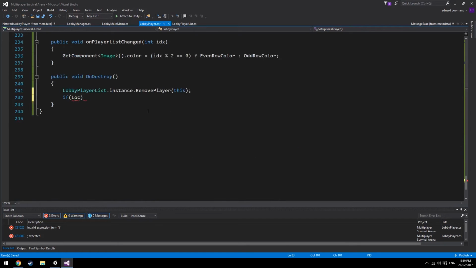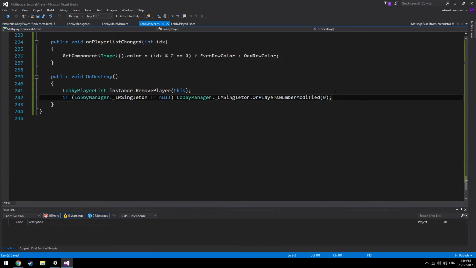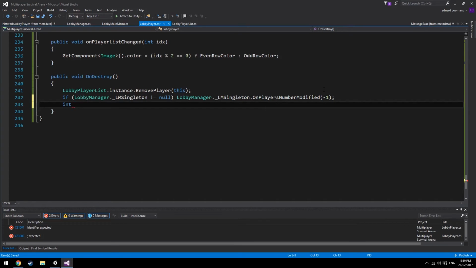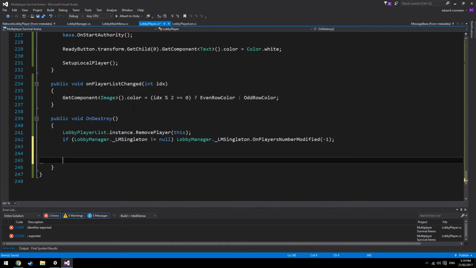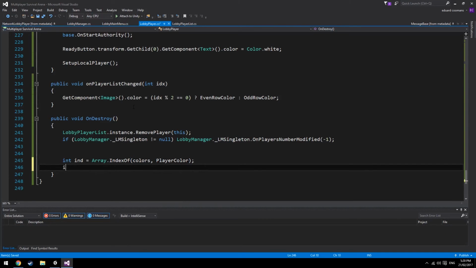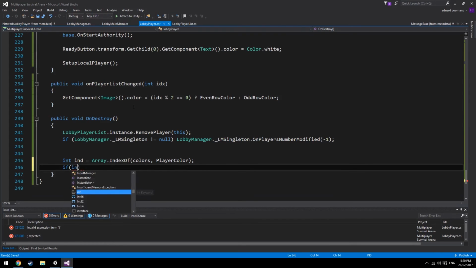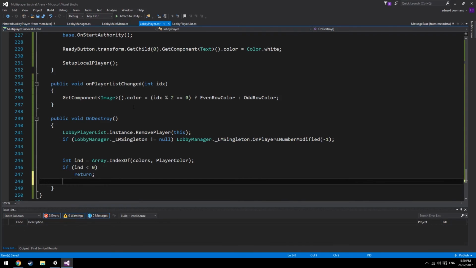The singleton method, singleton checker, and we want to minus the count by 1 because we just left, so we want to make sure we minus it by 1, and we want to reset the colors in use. So again, we say a separate integer index equals Array dot IndexOf the colors, player color, and if index is less than 0, we want to return because we don't actually have a color,